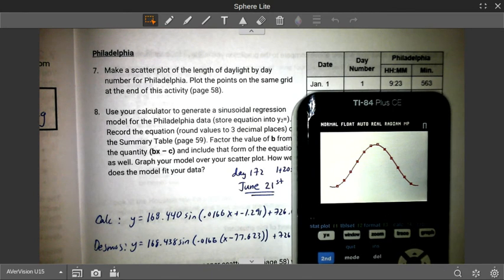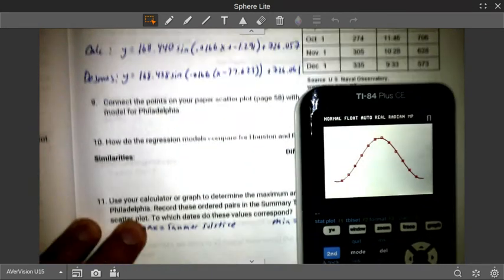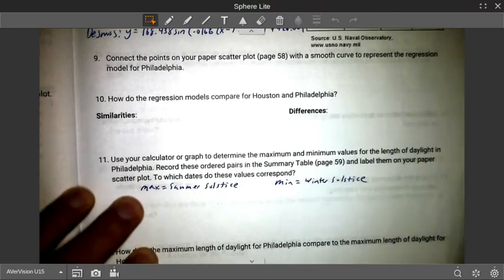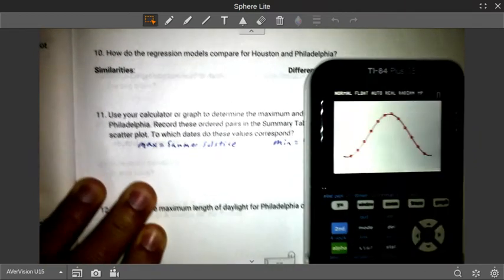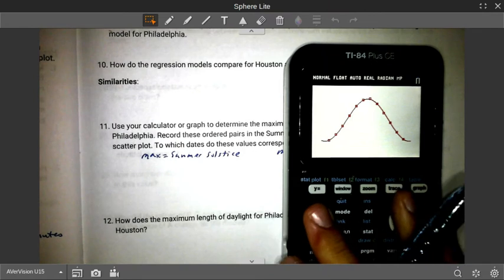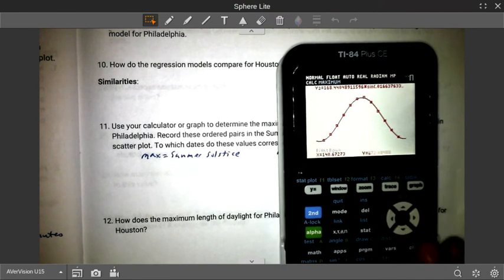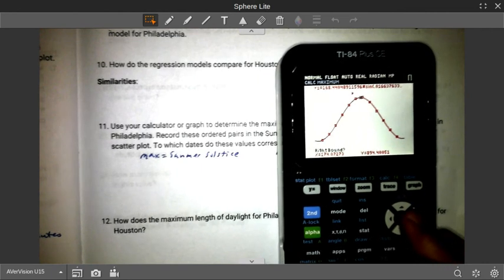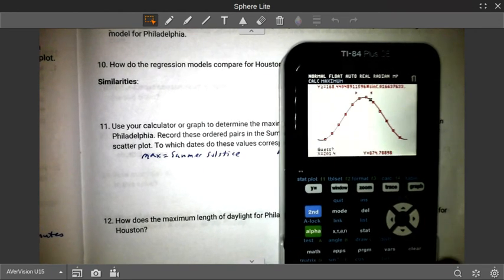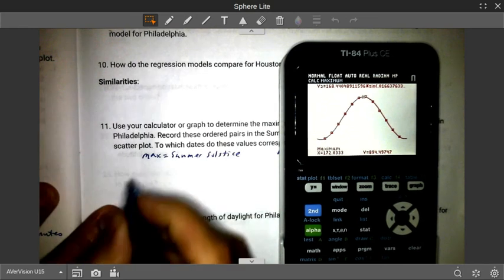Quickly, we're going to find the max and min down here, number 11 on page 55. The maximum, we're going to do second trace, 4 for maximum. I want to scroll to the left and hit enter. Scroll to the right, hit enter twice, and this will find the summer solstice, which will be about